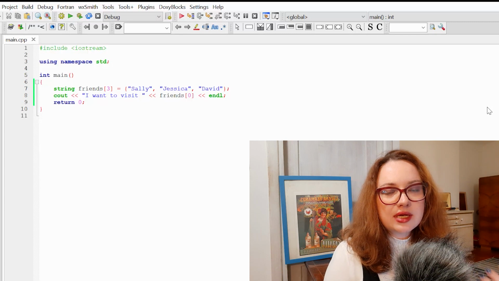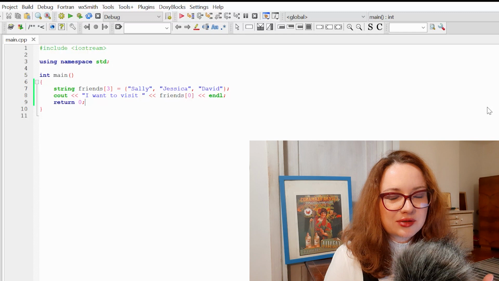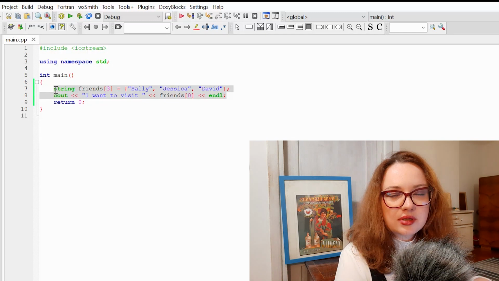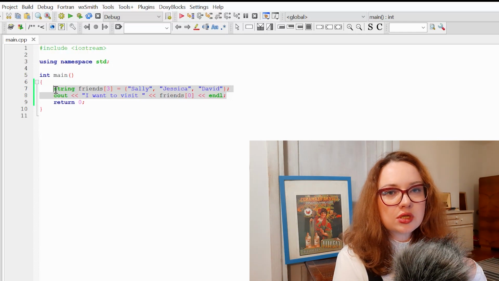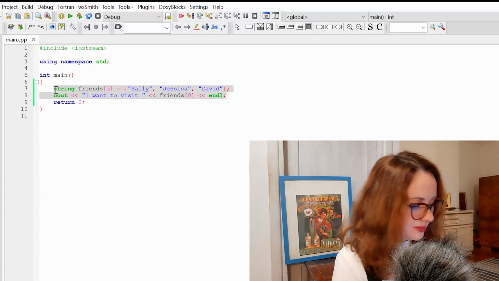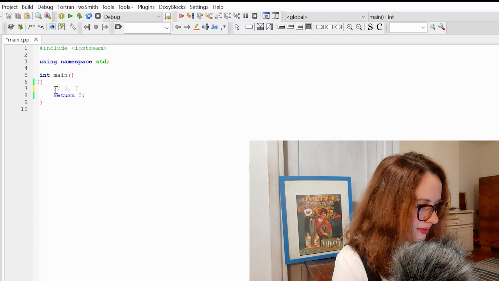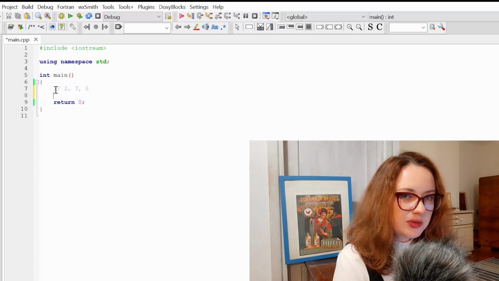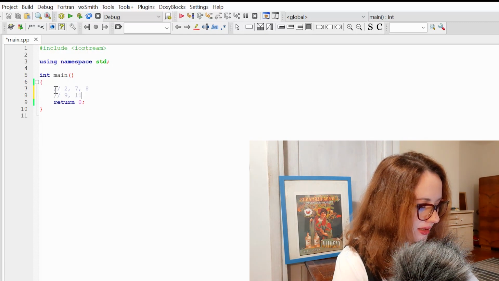So if I can create an array of anything, can I create an array of arrays, or so-called multidimensional array? Let's say I want to store in my array not a linear array but some matrix with 2 rows and 3 columns. So I want to be able to store something like 2, 7, 8. It will be my first row of my matrix, and the second row will be 9, 11 and 17.